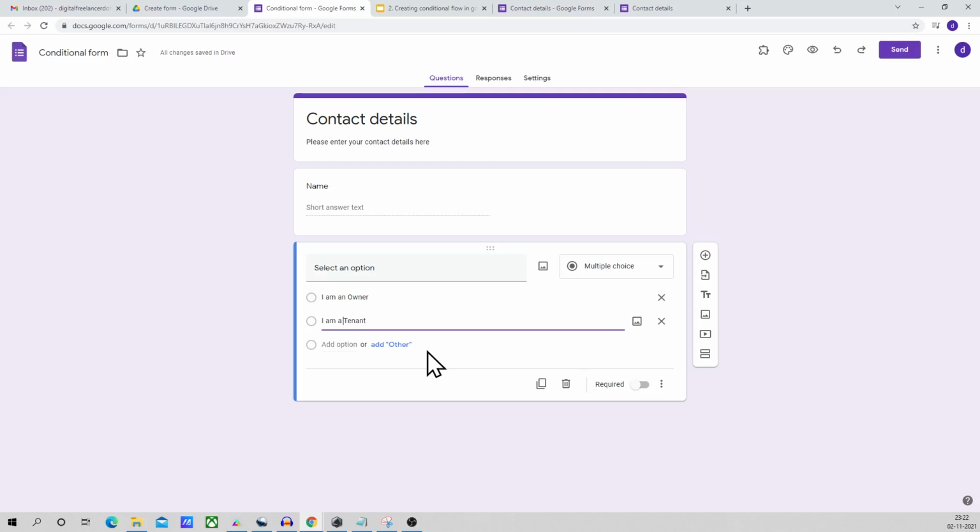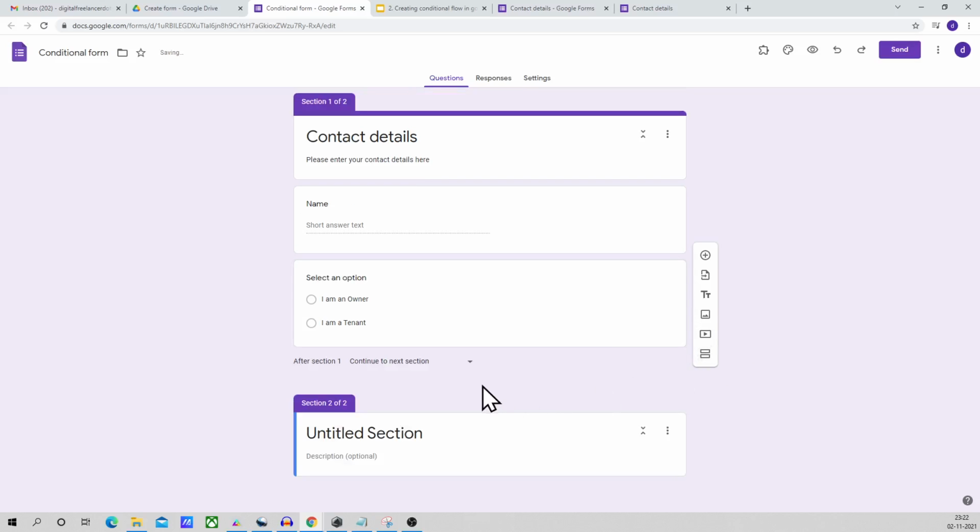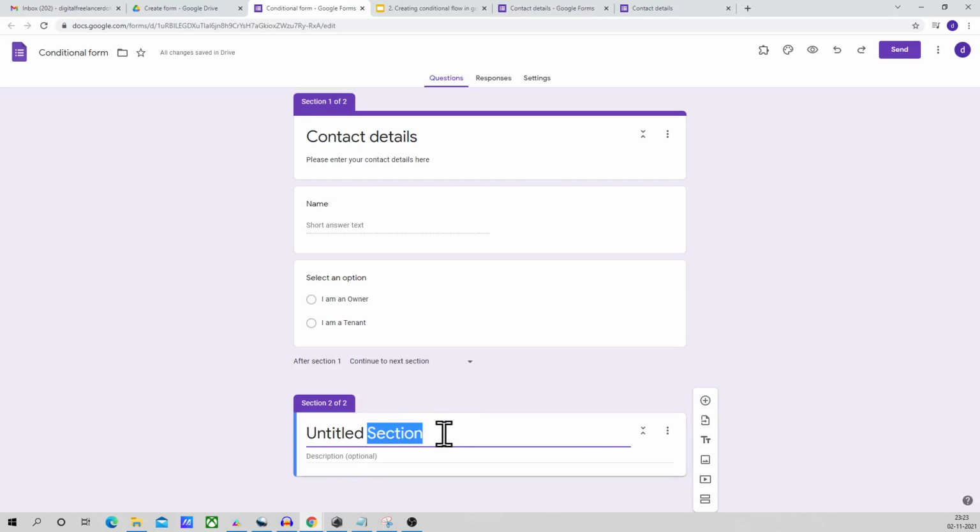I am a tenant. And then here is a button that says add section, and we're going to add a section here. This add section option is going to make our form look very simple and easy to use. So we'll say owner details, and we'll say this is the primary owner's details,